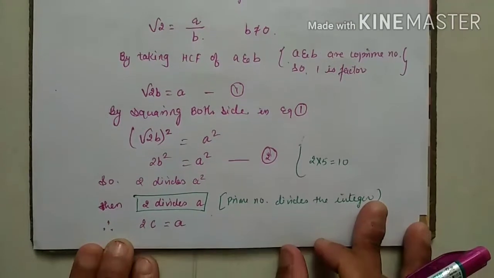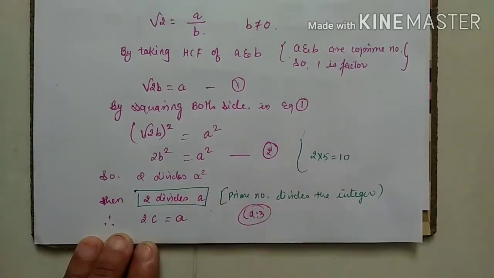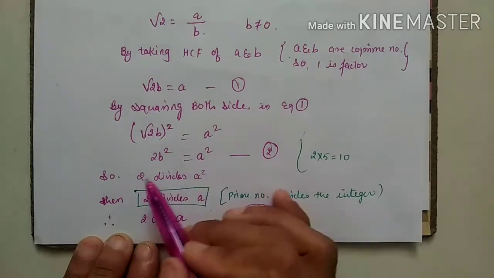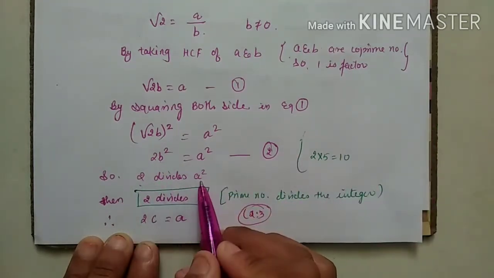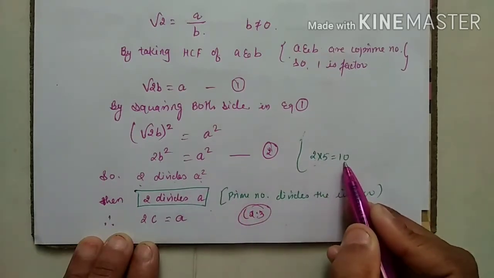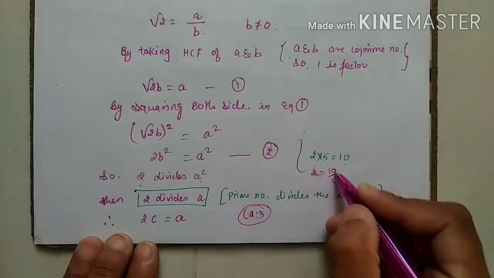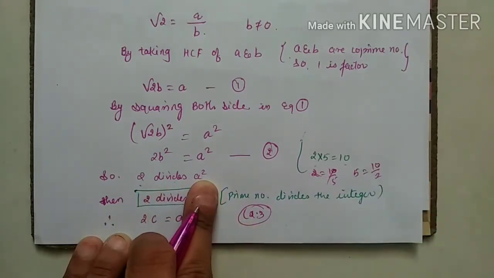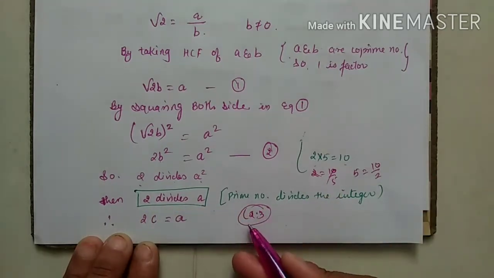Correct. Now understand these terms; theorem 2.3 is being used here. See here, so 2 divides a square. You know that we have done this in the theorem. Here you can see 2 is your prime number, and b is your integer and 2 is any number which is dividing. So what can you write? 2 divides a square. You can see 2 into 5 equals 10. So 2 equals 10 by 5, or not? Correct. Or you can write 5 equals 10 by 2. 2 is dividing the number. So 2 divides a square, so that 2 divides a also. A prime number divides the integer. We have done theorem 2.3.